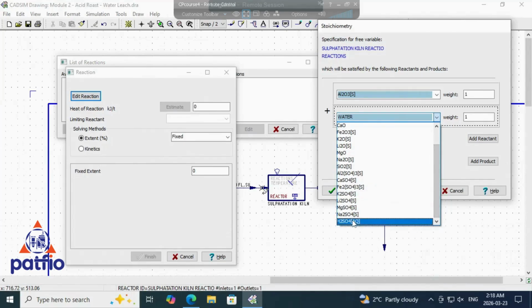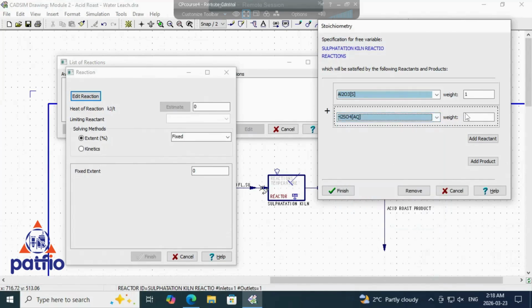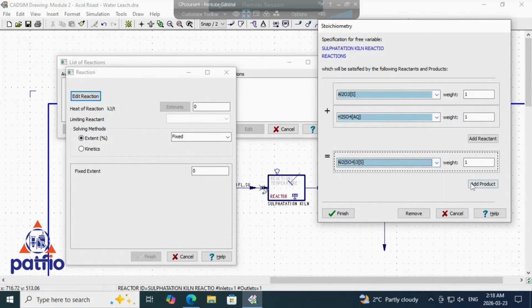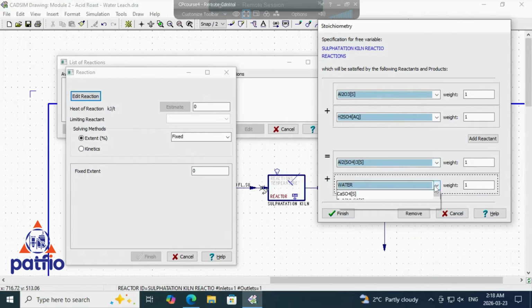This one, sulfuric acid, right? I'm going to click here. Add product. The product, I need aluminum sulfate. Add product again, then I need steam, right? So I have this. So this one, if you look at the reaction,